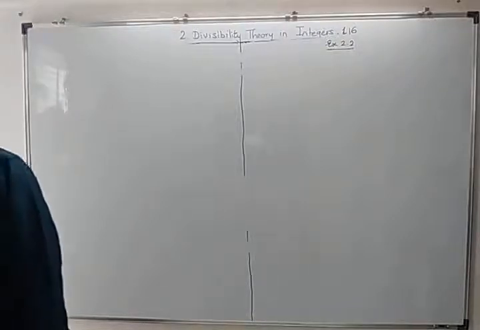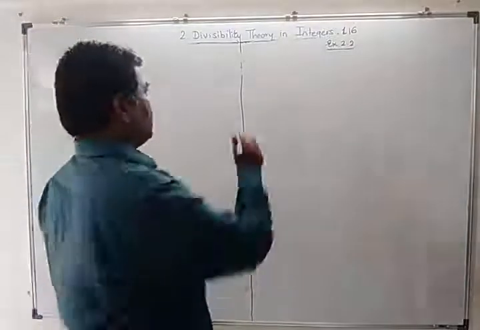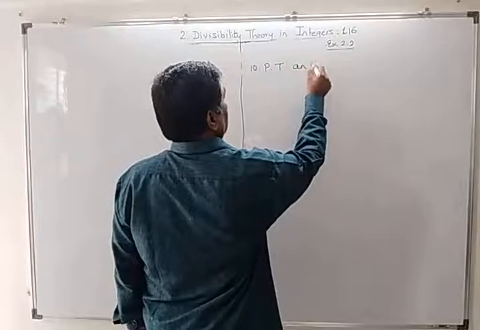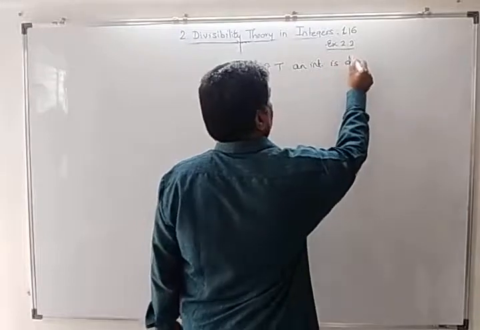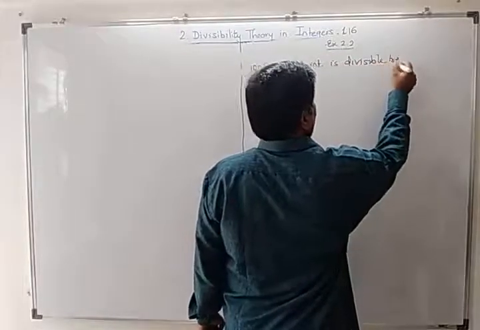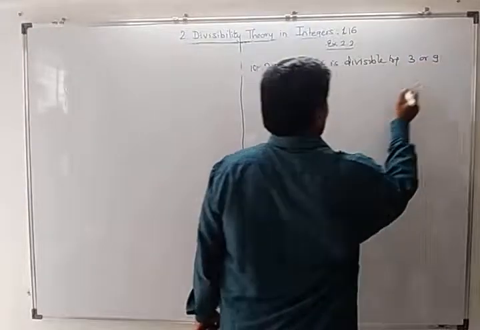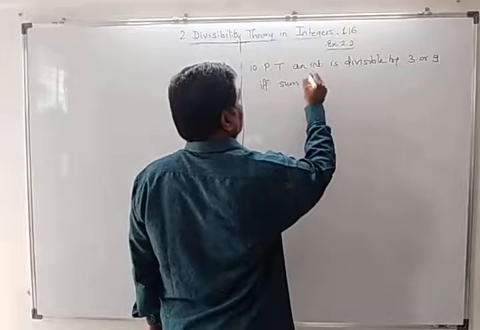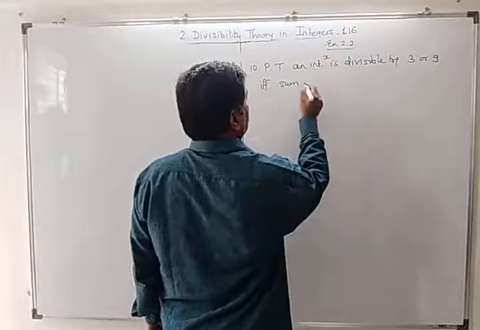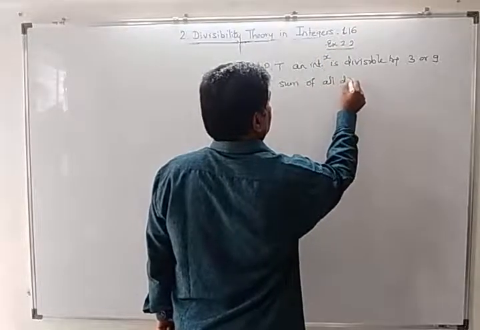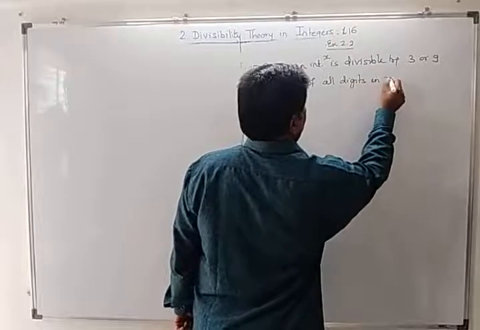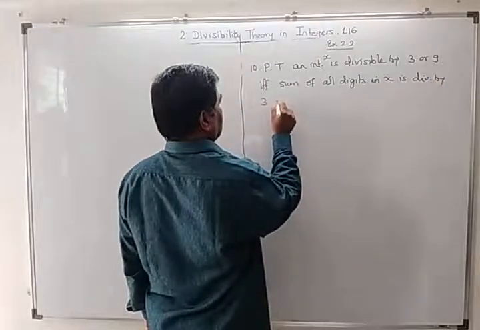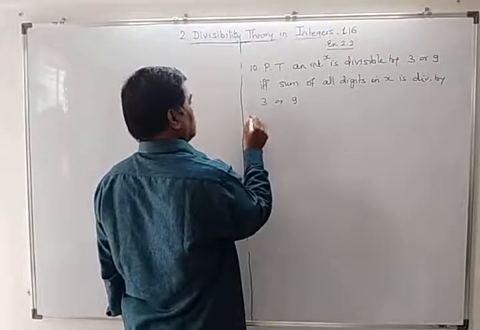prove that an integer is divisible by 3 or 9 if and only if the sum of all digits in it, the sum of all digits in x, is divisible by 3 or 9. Solution: